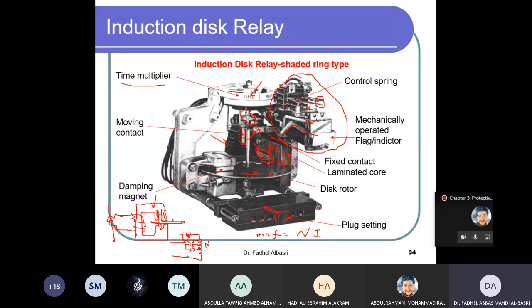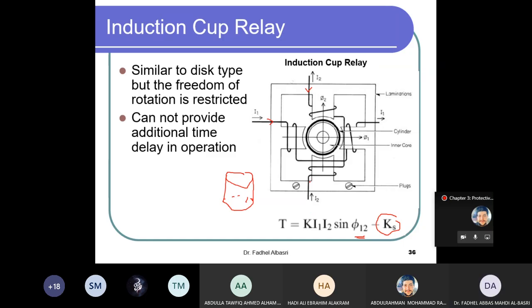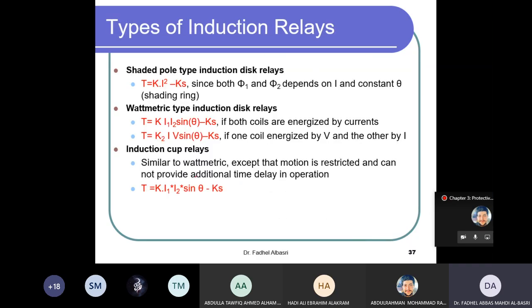If you de-energize, the moving contacts will go to their original position, because once it is energized, it will move. If de-energized, it will go back to its original position. What moves it back to its original position is this spring, okay? This spring, for example, returns it back. This also has a spring by which it will return to its original position. And these are general equations that represent the torque for different types of relays. Okay,